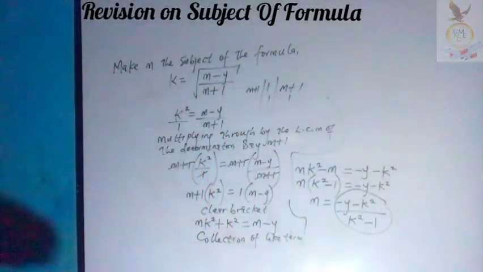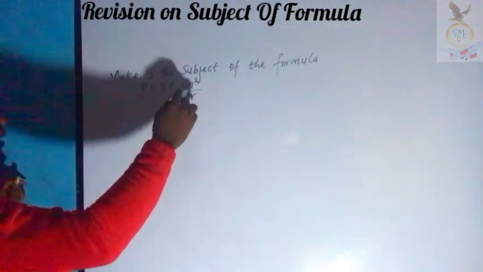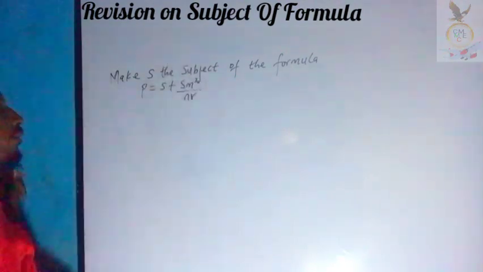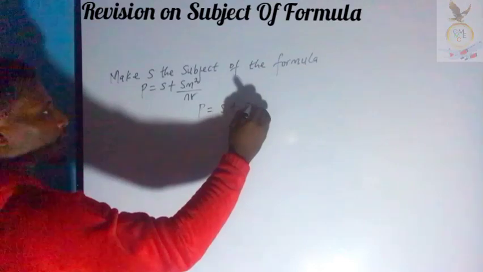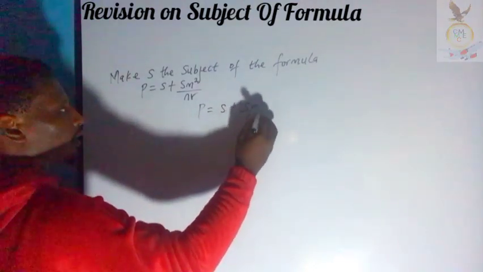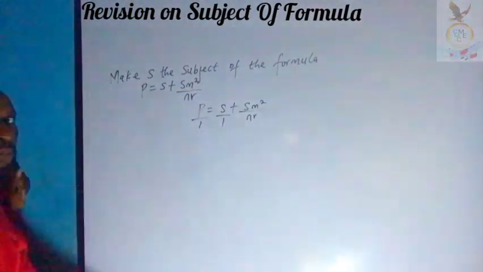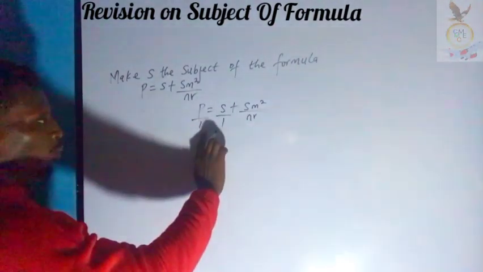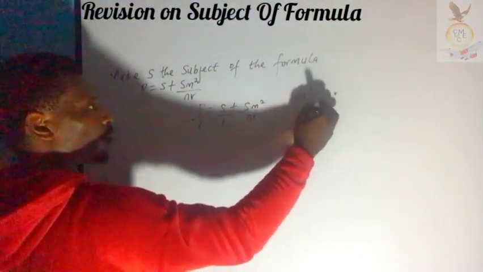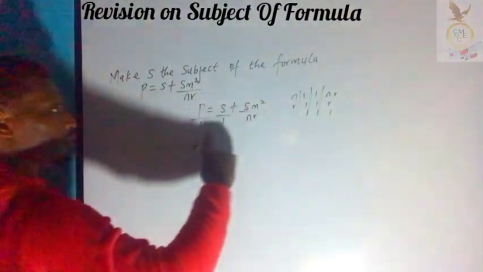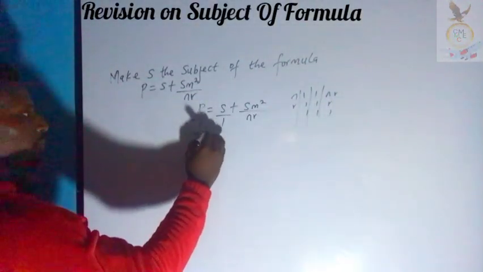So let's see the sixth question. Question says, make s the subject of the formula, that is p is equal to s plus s m squared divided by nr. I will just give p over 1, and multiply through by the LCM of the denominator, that is the LCM of 1 and nr. So the LCM of 1 and nr will give us nr. So multiplying through by the LCM,